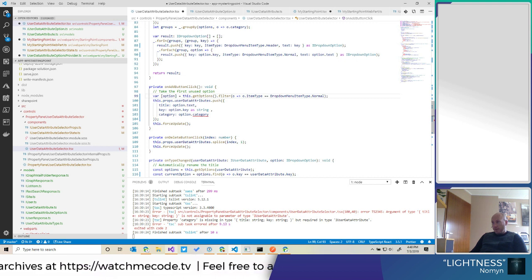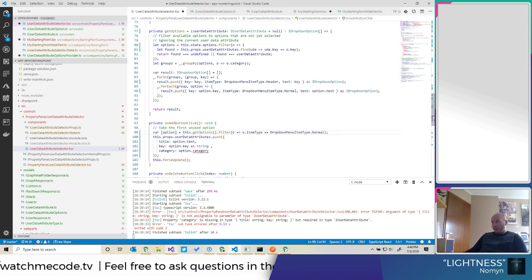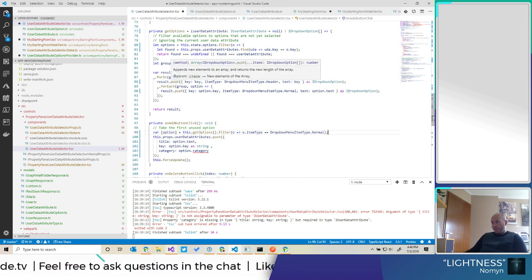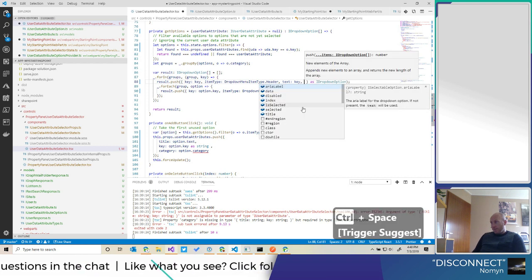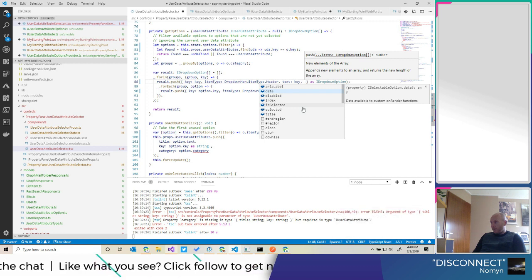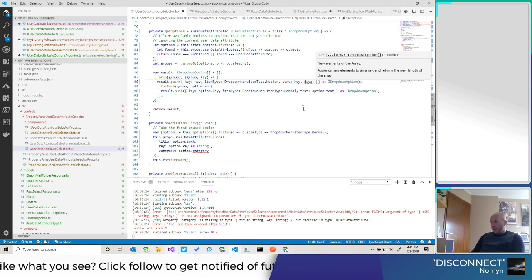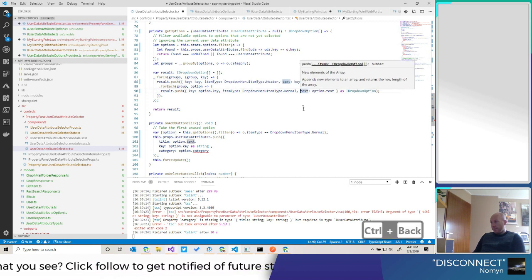So this basically just gets the option. You can set data to the category maybe.